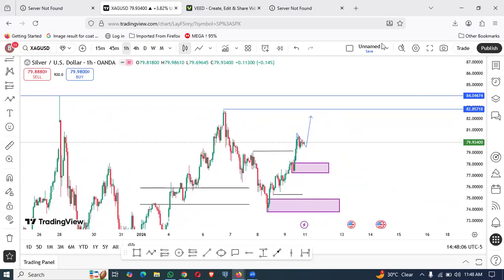Okay, so as gold and silver are correlated, you say that even when you've done your technical analysis,